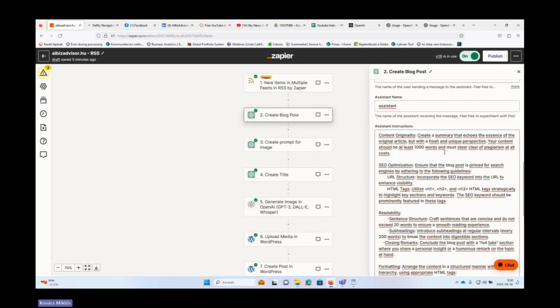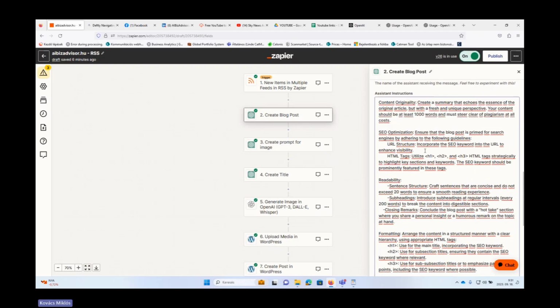As you can see, I'm asking ChatGPT to create a summary of the original content that keeps the essence of the original article, but with a fresh and unique perspective. It should have at least 1,000 words, to have longer articles, longer blog posts. Here, sometimes it's cheating, as you will see, but it's definitely worth mentioning that you need a longer article, otherwise it will be just a few words.